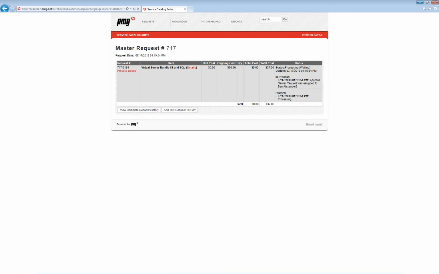Okay, so this is where you make sure users can see the status they need. So I can see the service request was assigned to one of me. Right now, this is my manager, we'll say, Ben Alexander 2. So that's great, but now I need somebody to approve that. Well, if I flip over and put on my manager hat,